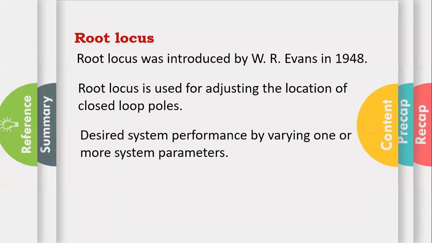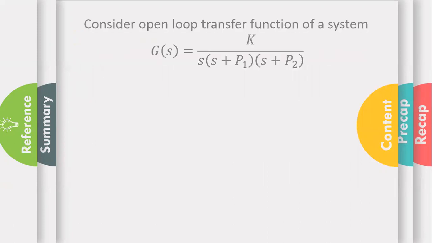So to adjust the system parameters, we need to adjust the closed loop poles. And to understand where we need to place the closed loop poles, we need to go for a root locus analysis. Generally, whatever we discussed in the previous classes, that is P, PI, PID controllers, those are designed with the help of this root locus and Bode plot. So what is Bode plot? That we will discuss in upcoming classes.